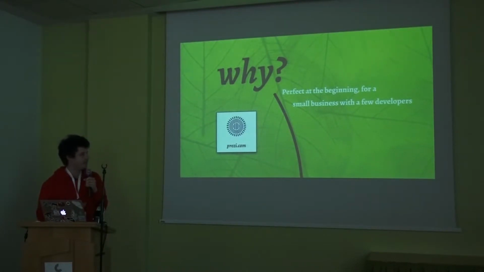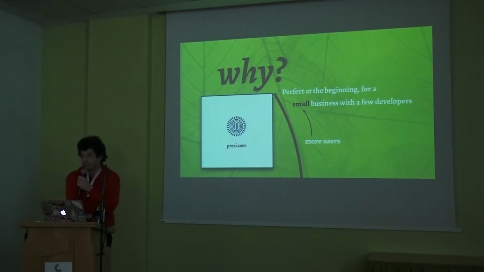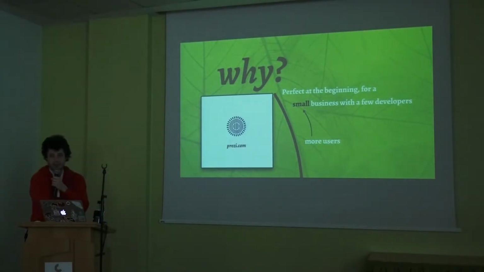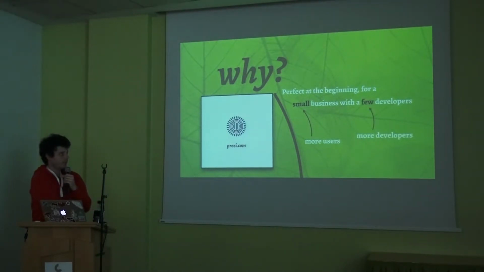But as the company grew and the application became bigger and bigger, we realized that the business is not that small anymore. So we realized that having this big application is not good anymore for availability, because we saw that a small bug or a failed deploy can pull down the whole Prezi.com application. And it wasn't good for scalability as well, because we were running this application on physical hardware, and it's not that easy to scale up physical hardware, so we wanted to move it to the Amazon cloud to run on virtual machines. And it wasn't good for the developers as well, because we had more and more developers,